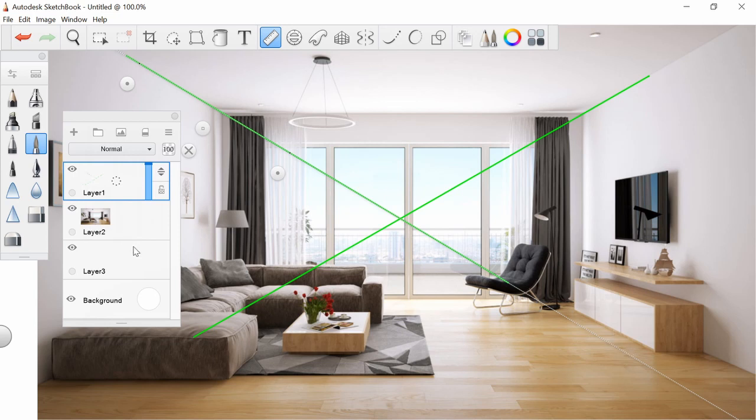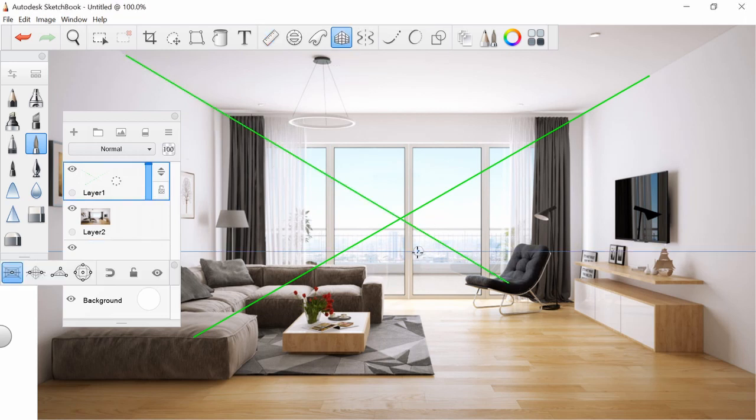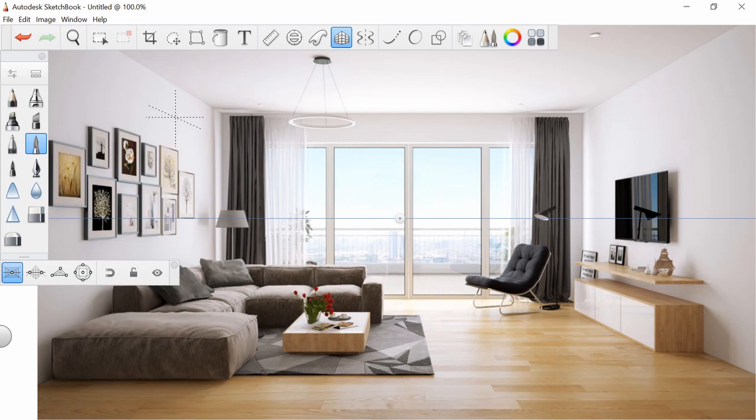What I'm going to do is use this to keep this layer moving. So I'm going to get my perspective grid, and I'm going to do just that. And let's get these lines out of here. All right, away we go. Let's map this room out. So you have top angle,